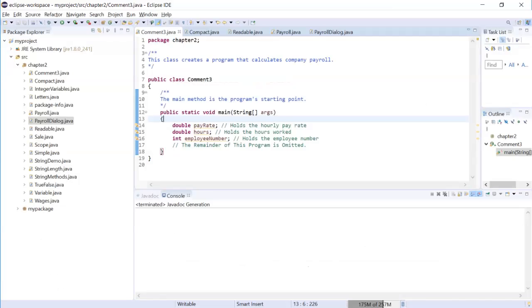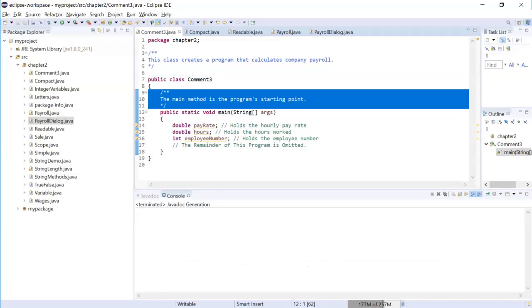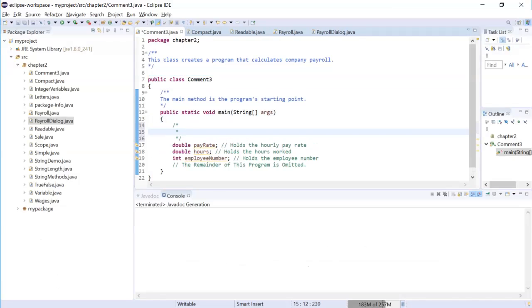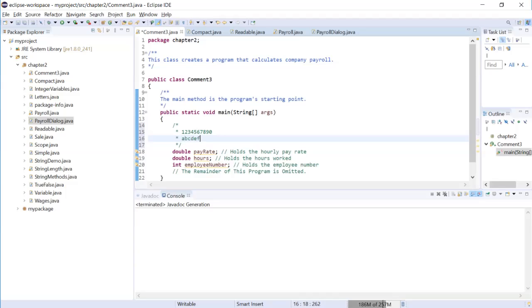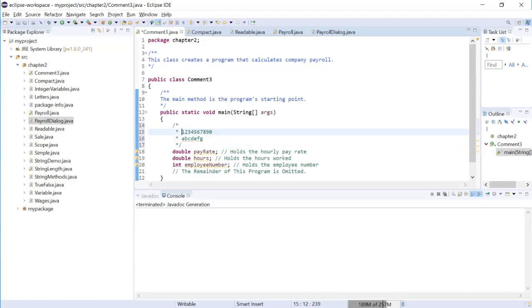Now let's look at the example. So here we have a Java file which starts with a Java doc comment, another Java doc comment, and some single line comments. We can also put some block comment here. As you can see, I will just put 1, 2, 3, 4, 5, 6, 7, 8, 9, and A, B, C, D, E, F, G. These are the things that will supposedly help the user to understand. So in real life, you won't put some random characters like I did. Instead, you will put it like this